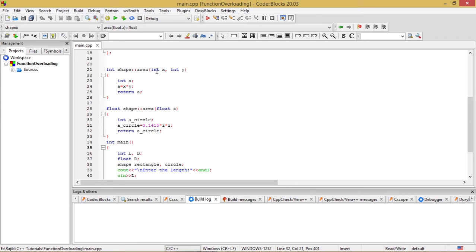In x the value of l will be copied, the value of b will be copied to y, and in this way this function will return the area of a rectangle.